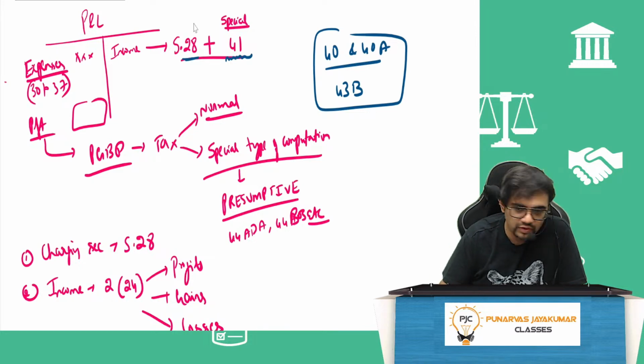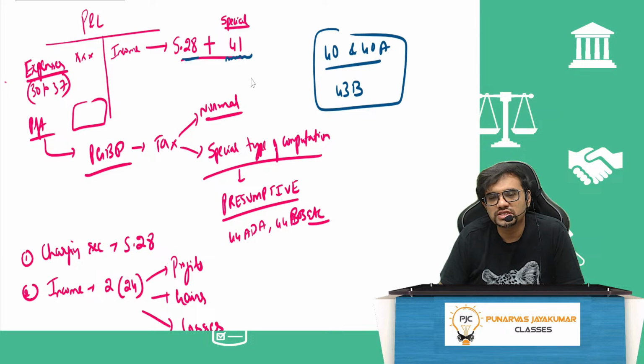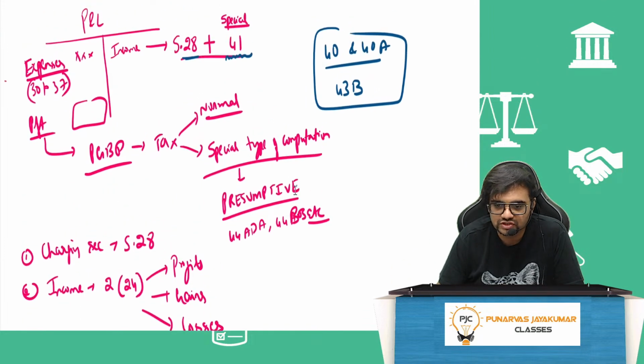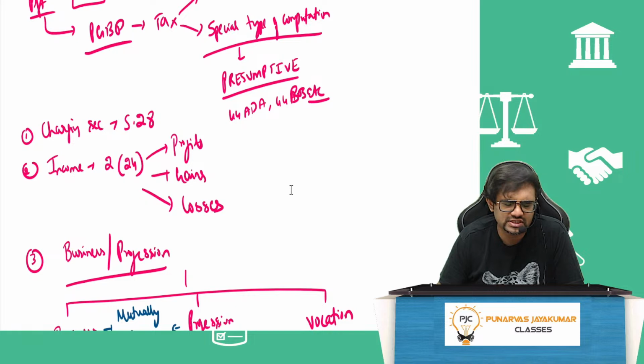First you have to go with what? Section 28, charging section. Then we have to go with specialized profit of 41. And then we'll have to go to expenses 30 to 37. And then we'll have to go to the profit part. So one by one. First of all, we have to see the charging section, section 28. 28 is profit and gains of business, income from PGBP.